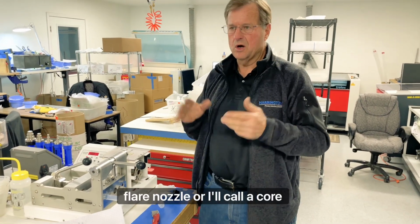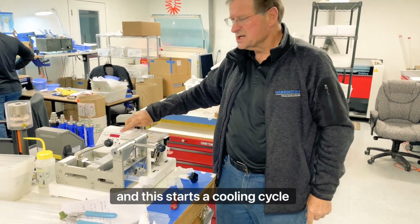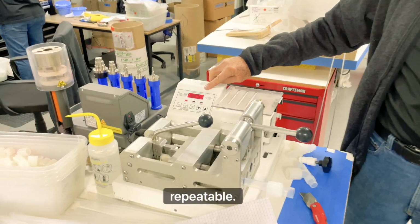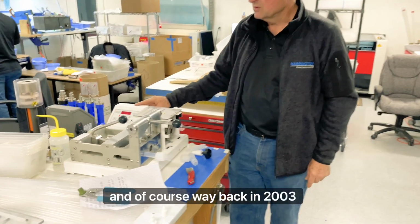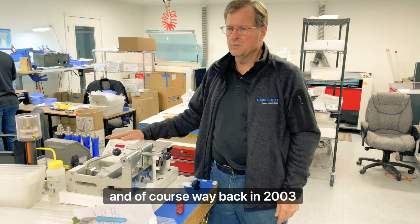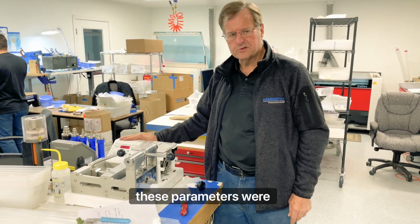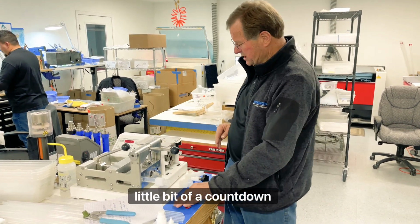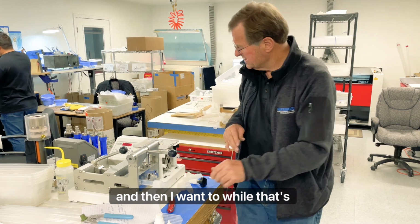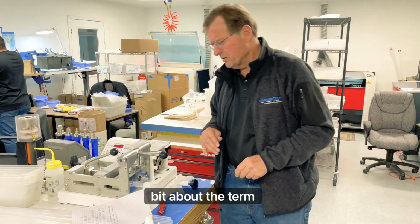flare nozzle, or I'll call it a core pin, in there. And this starts a cooling cycle that is, again, precise, it's repeatable. It doesn't change, it's always the same. And of course, way back in 2003, we tested all of this to make sure that these parameters were correct. So we're going to give this a little bit of a countdown. And then while that's happening, I want to talk to you a little bit about the term